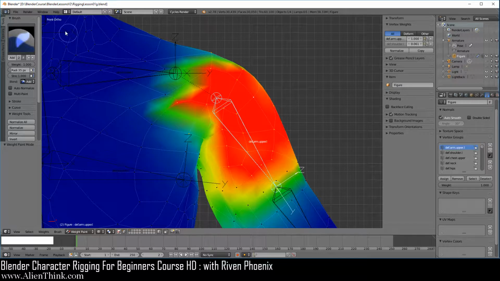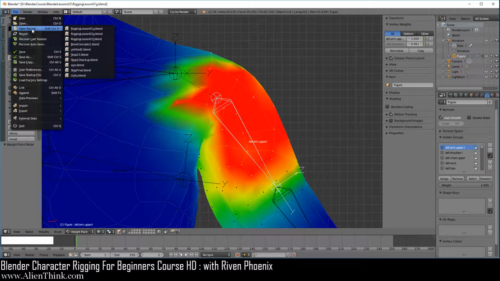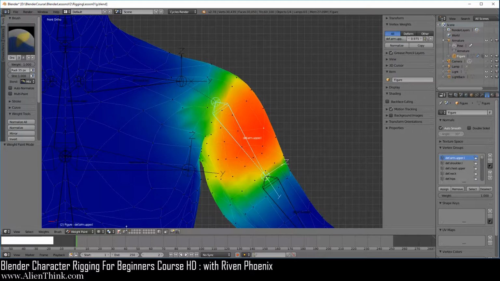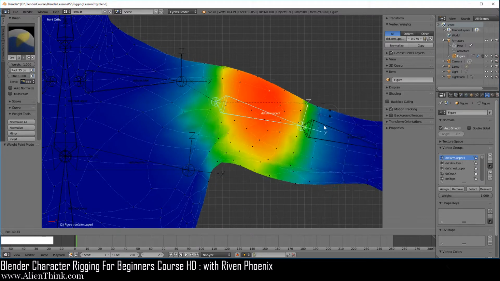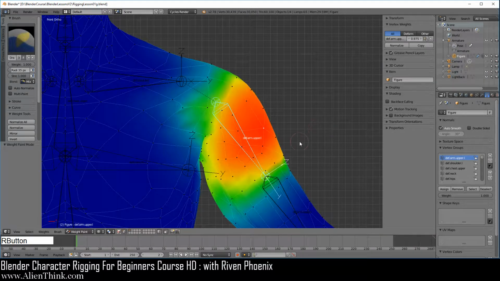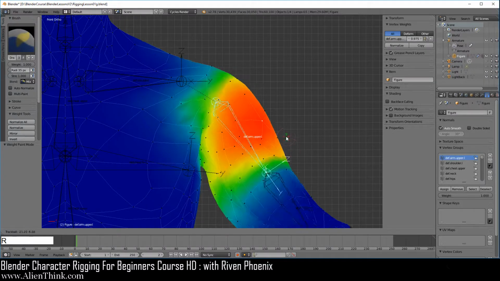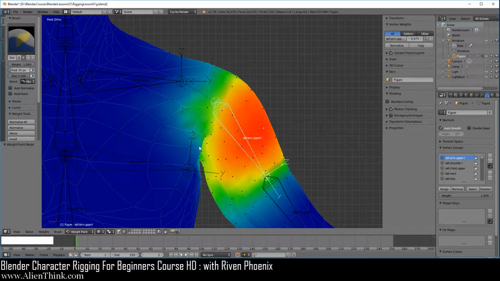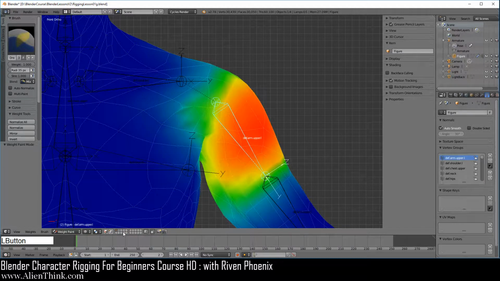Okay, now go ahead and just reload this file again. Okay, so that's how this concept works. Now when you have this on, of course you can still press the R key to rotate the bone, right? If you press the R key 2 times, you can rotate it anywhere that you want to understand how to deform these vertices correctly. So go ahead and turn this off.